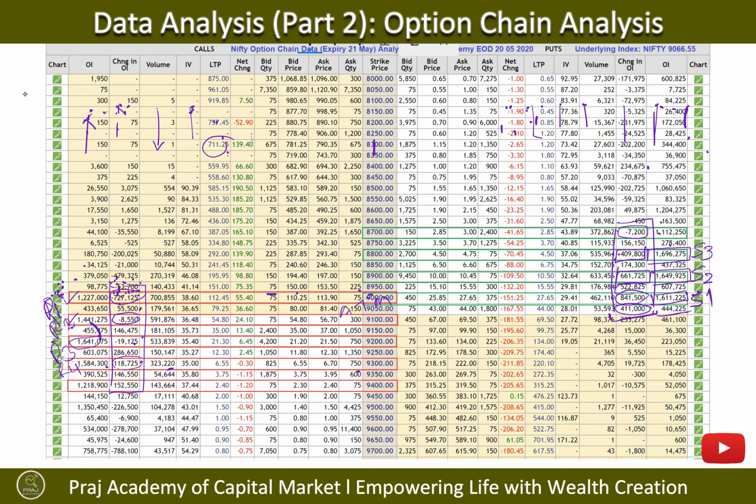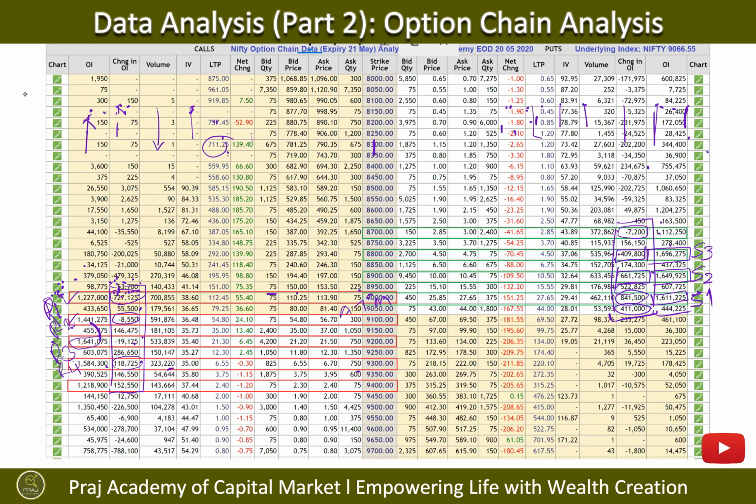So during the volatile period, as of now, because of COVID-19, it's a volatile period, and the exchange as well as your broker is asking for almost 100% margin. That turns out to be 90,000 to 1 lakh rupees, right? So if somebody is investing 90,000 to 1 lakh rupees per contract for selling one contract of put or call, he had better be on the right side. He cannot afford to be on the wrong side, right?